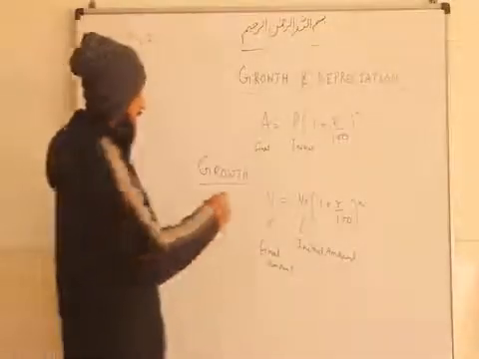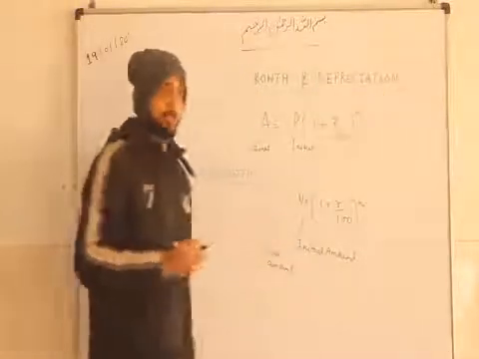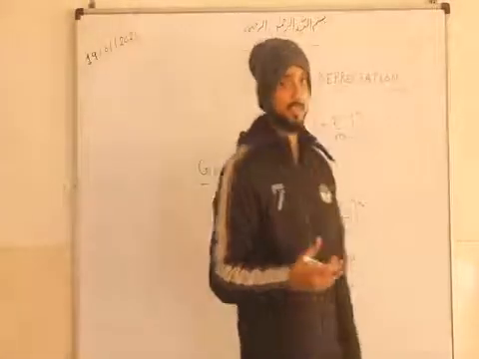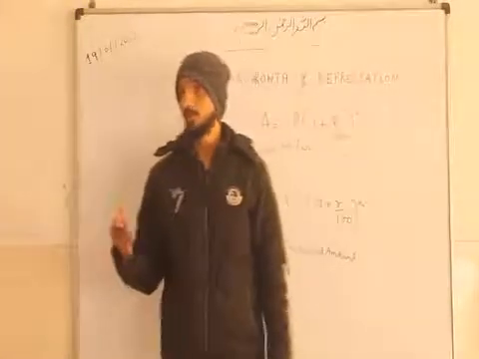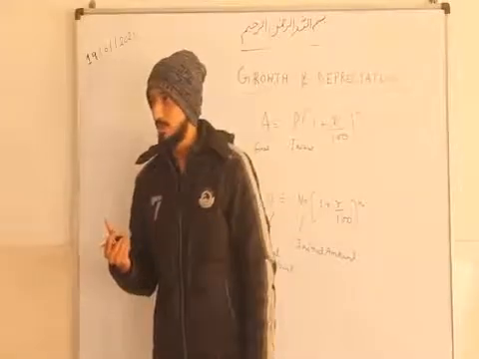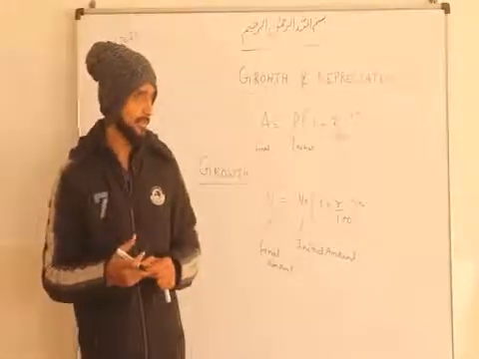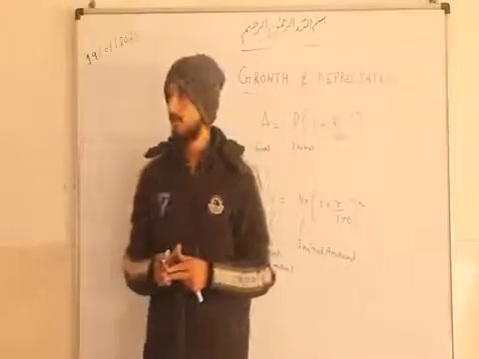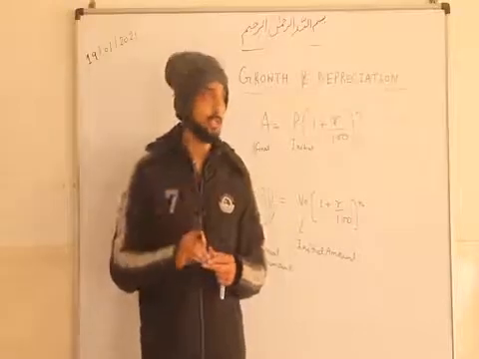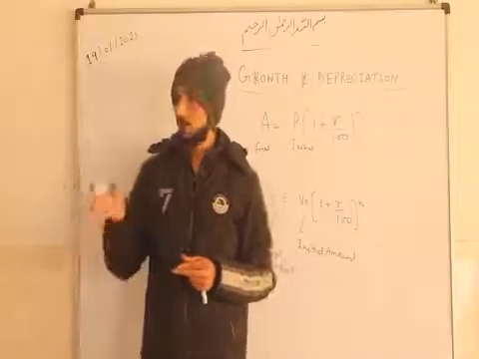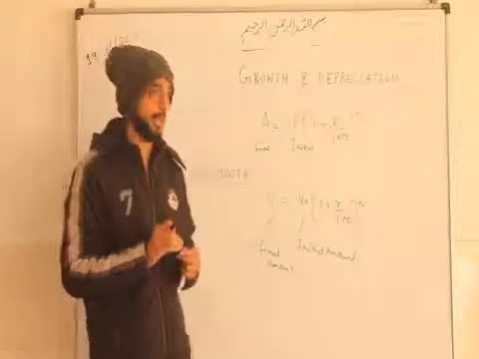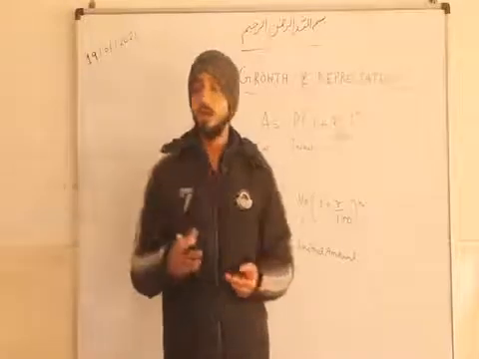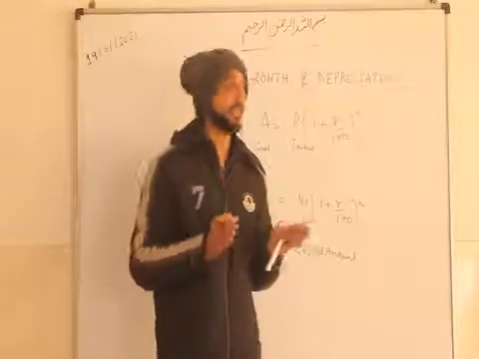Understood? And the second term is depreciation. Depreciation is basically the value that is decreasing. There are so many conditions, like suppose you are calculating the worth of a bike or any machine. Suppose we purchased it for 2 lakh, and after 1 year we are selling it, we can't sell it for 2 lakh. Nobody will purchase it for 2 lakh. Of course there will be some depreciation. And after 2 years again it will depreciate. Just like in insurance also, there is some depreciation value according to the rate they are giving.